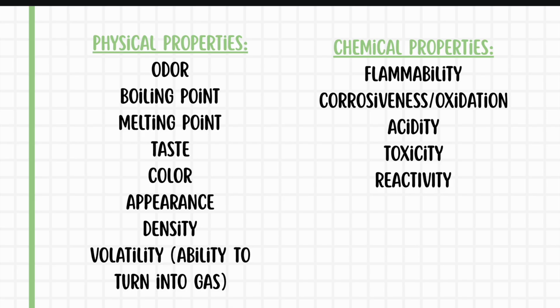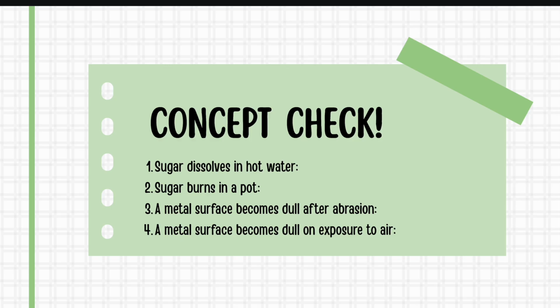What if I take a paper and burn it? If I burn it, that paper is no longer paper, right? It's changed completely. It's now ashes. You can't take ashes and make them back into paper. That's the difference between physical and chemical properties. In one of them, you still have paper left over, and in the other, you have ashes. You can't revert the process and get paper again, right? It's a permanent change.